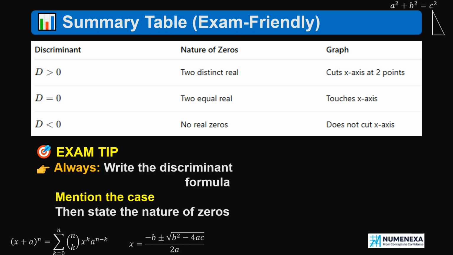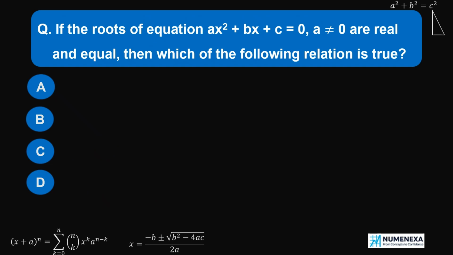Here is the first board question. If the roots of the equation x squared plus bx plus c equals 0, a is not equal to 0, are real and equal, then which of the following relations is true? The options are